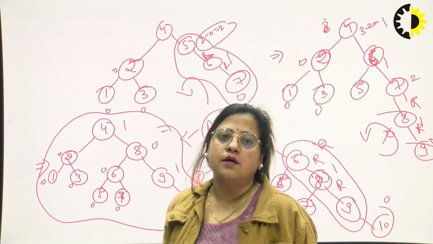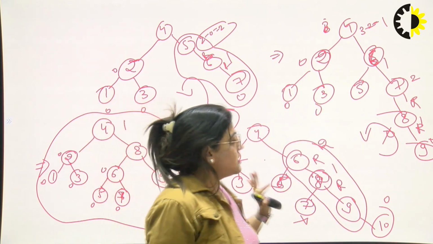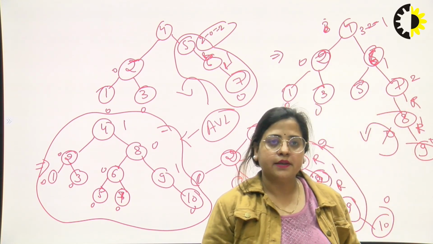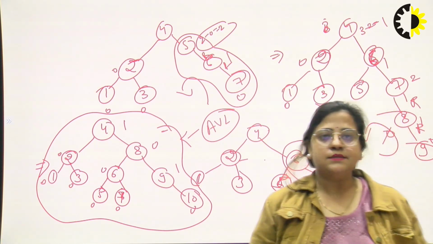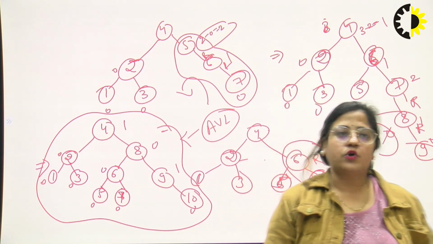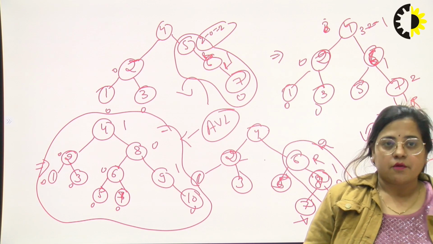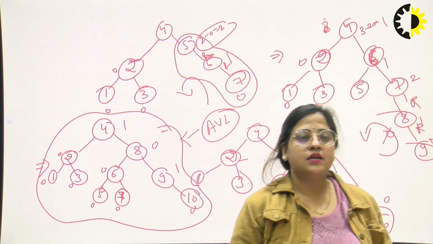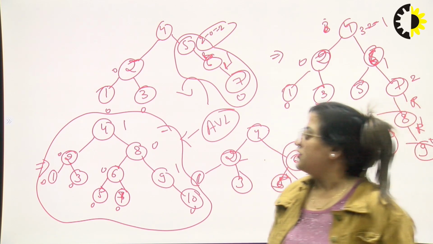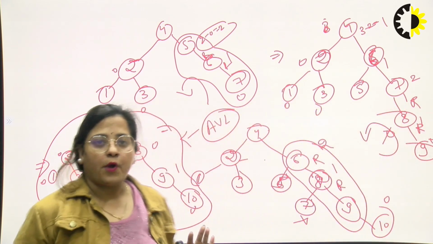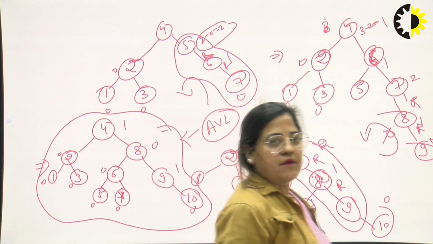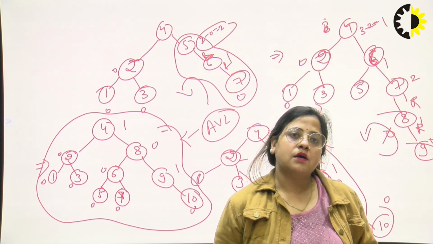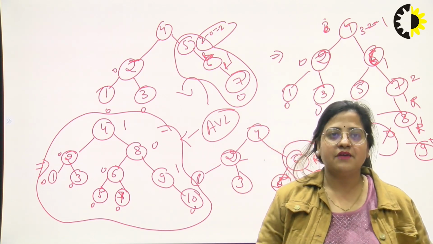So in this lecture, we discussed what is AVL, why we use AVL tree, and types of rotation in AVL tree, and after rotation we construct an AVL tree using balance factor, checking each node. In this lecture we have discussed these points, which I explained in my previous slides. And in my next lecture, I will discuss deletion in AVL tree.